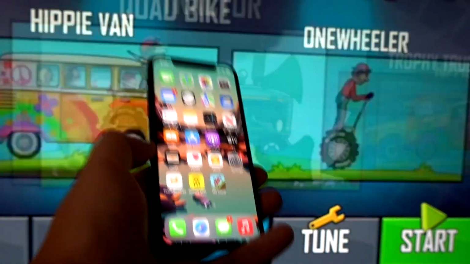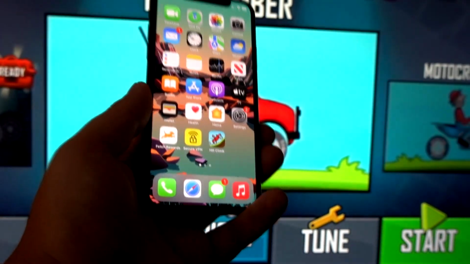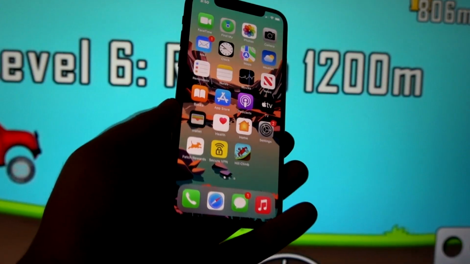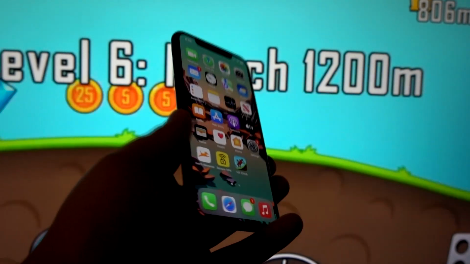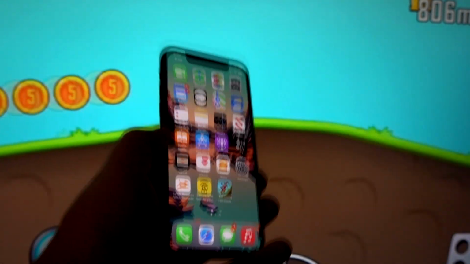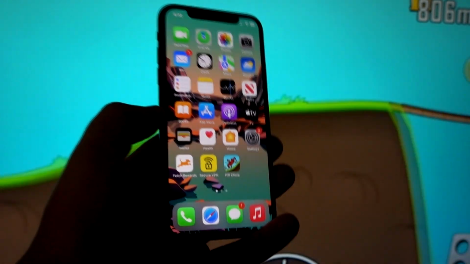In this video, everybody, I'll be showing you how to download the modded version of Hill Climb Racing 2, in which you can get free unlimited gems and coins and free in-app purchases, because all in-app purchases are free. And this modded version is downloadable and compatible with both Android and iOS devices, which means it doesn't matter whichever device you're using. All you have to do is make sure you've watched this video till the end, because you